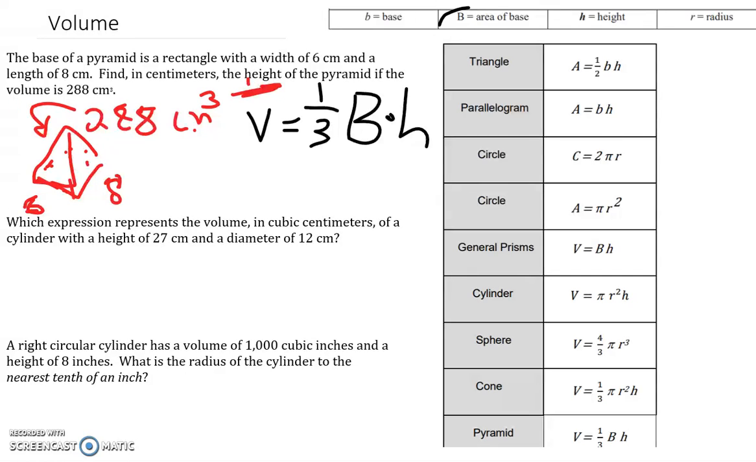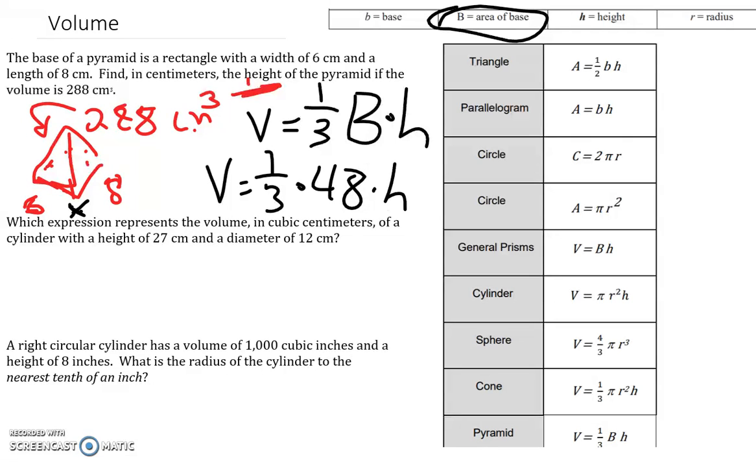So you can see up here, the other thing we have to find out is what does that B mean? That B is the area of the base. Remember, we said the base of this pyramid is a rectangle that is 6 by 8. In order to find the area of a rectangle, we just do length times width. So to find this base, we're going to do 6 times 8, which is 48. So my volume is going to be equal to 1/3 times 48